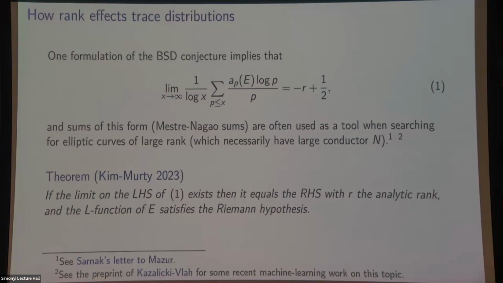On the flip side, there's another tension coming in the other direction, which is that strong multiplicity one, which can be made effective, tells us that if we know the a_p's up to roughly the square root of the conductor, we've completely determined the L-function, including knowing what its analytic rank is.